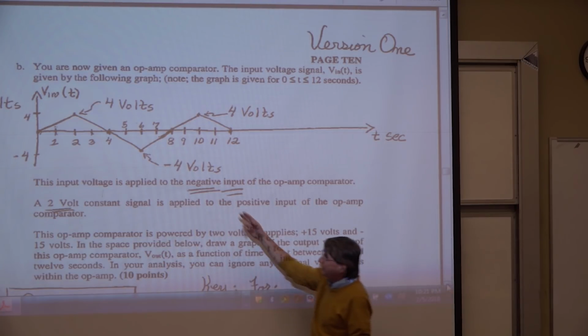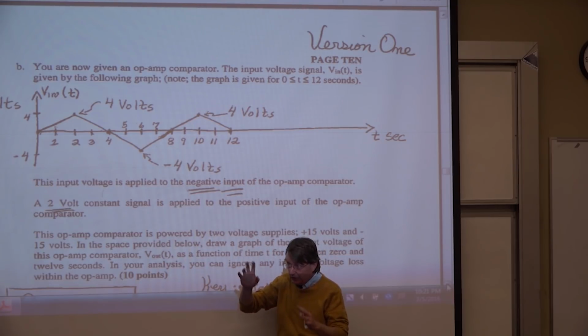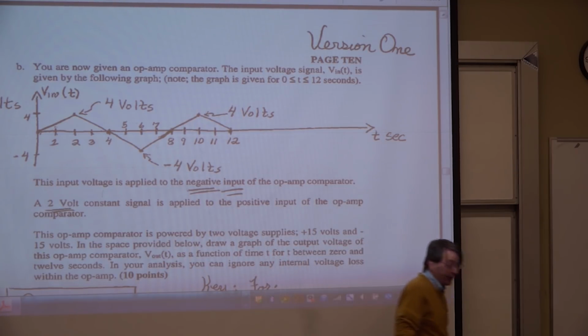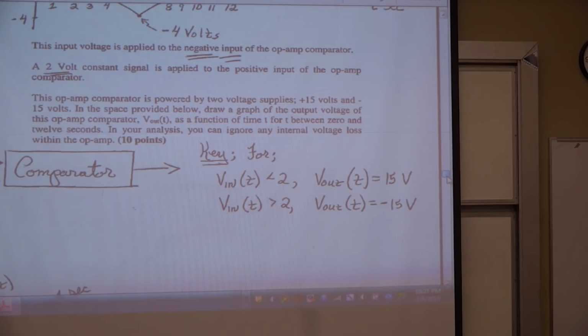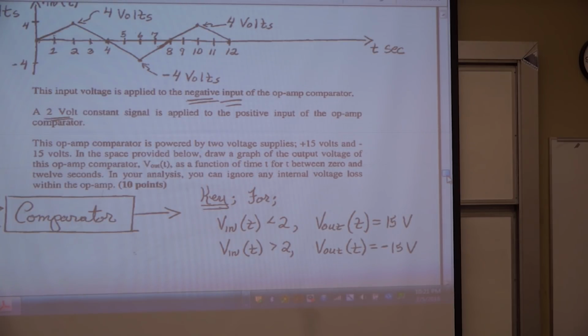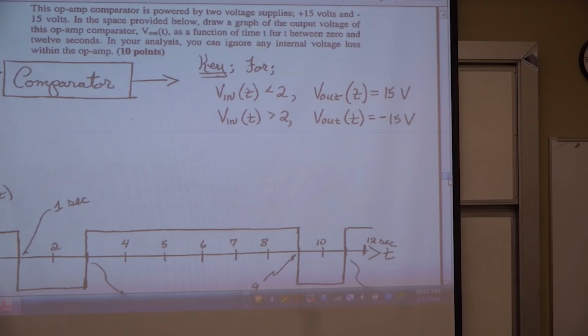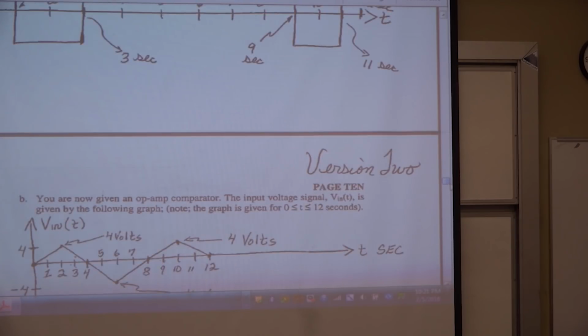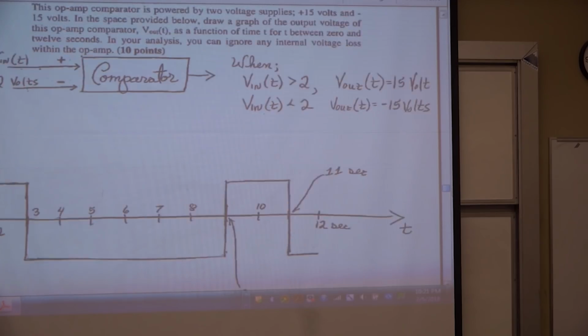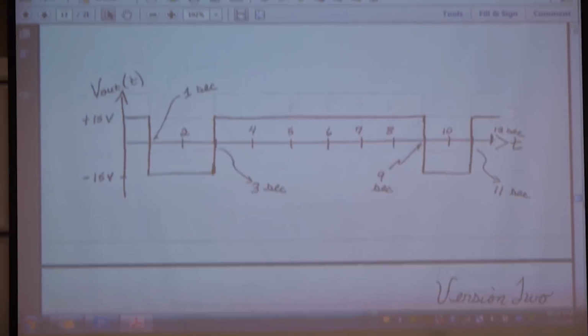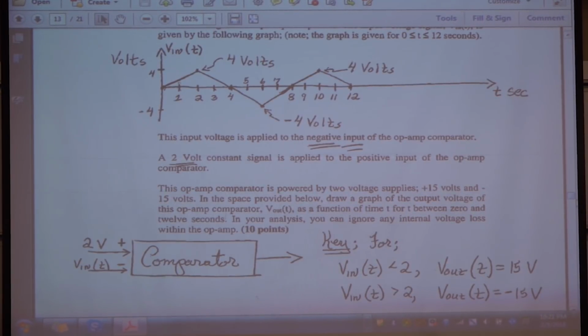In the solution, just be careful. I can put it to the negative or the positive, so you got to make sure to reason it out. In the other version, I did it the opposite way, I think. Here, I wrote it down: if V in is less than 2, the output is positive 15. If V in is greater than 2, the output is negative, minus 15. That's version 2. All you have to do is to decide